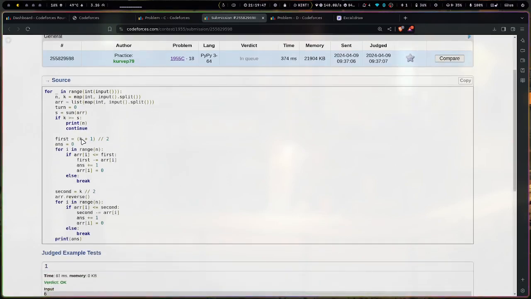Else, how much energy will be required to kill the first ships? (k plus 1) divided by 2. The second, back ships will require k by 2 energy. Now I am traversing from the first ships. If the durability of that ship is less than this, then only the Kraken can attack it. So we decrease the energy of the Kraken and make this 0, because that ship will sink. If this is not the case, we will break,